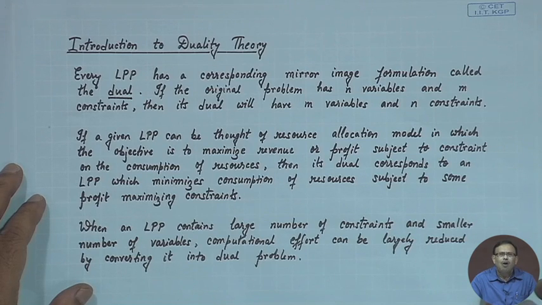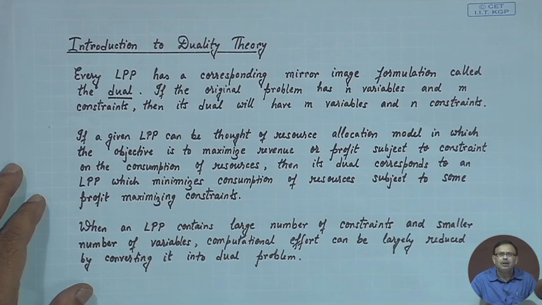This is the original LPP. Usually, we always say LPP is a resource allocation model, where I have to maximize the objective function, which may be the return or the profit, subject to certain constraints on the composition of resources. Then its dual will correspond to an LPP which will minimize the consumption of resources subject to some profit maximizing